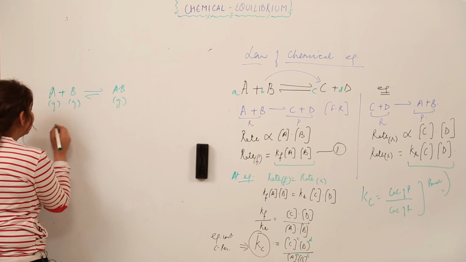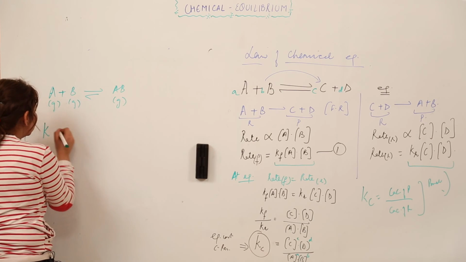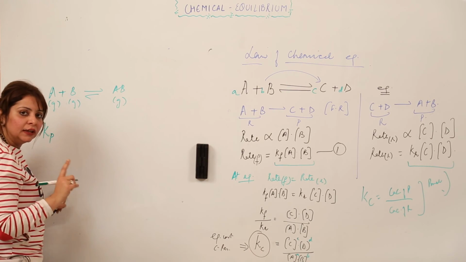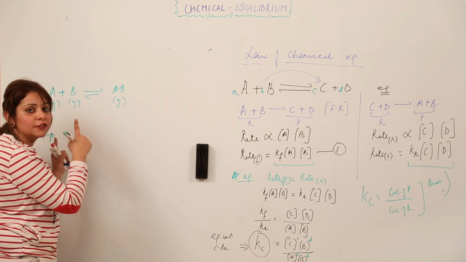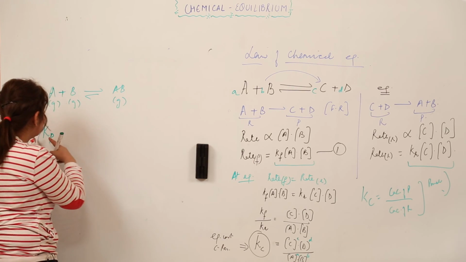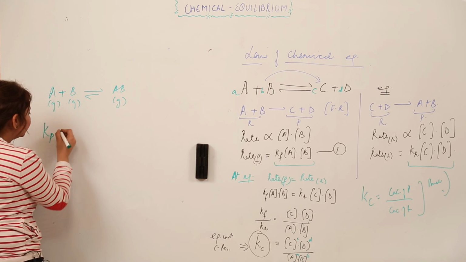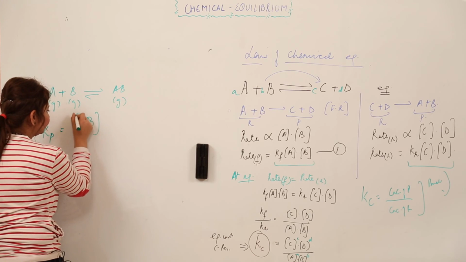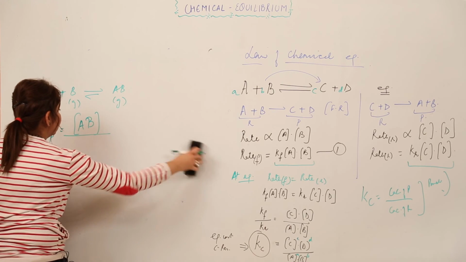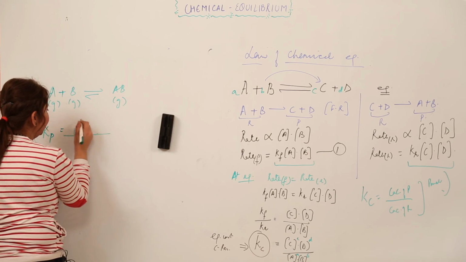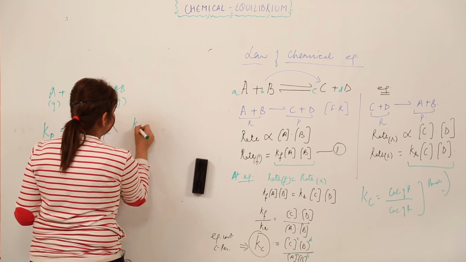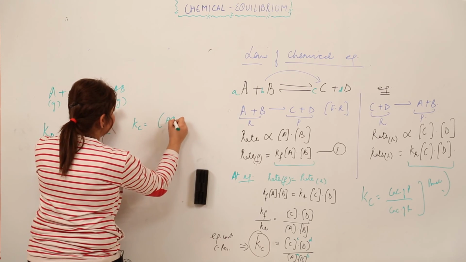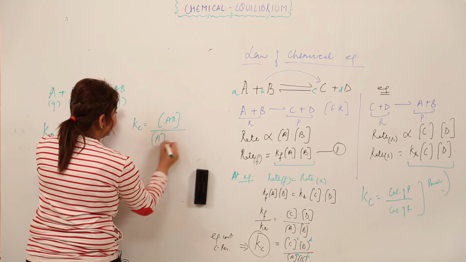So the expression will be written the same way. The difference is that it was Kc, it will now be Kp, right? That means it is the equilibrium constant for the pressure, right? The same way we will be writing the product over the reactants, but it won't actually be the concentration. I'll write both expressions together to avoid confusion. So if I want to write in terms of the concentration, you know now how I'm writing this, right?